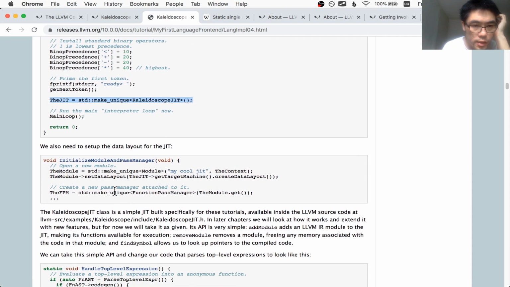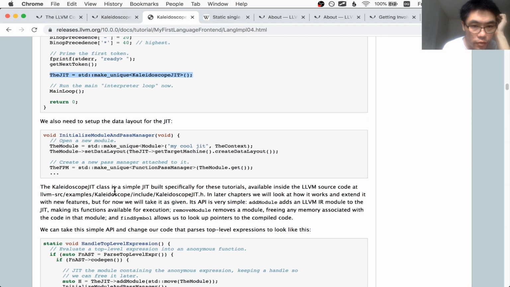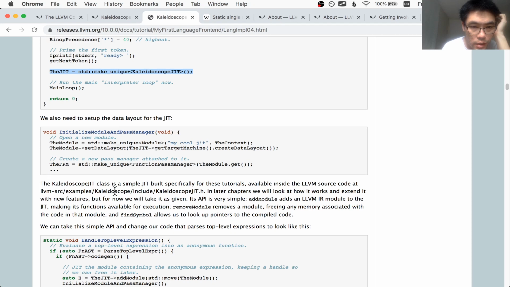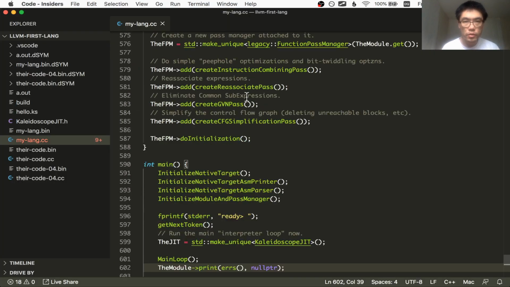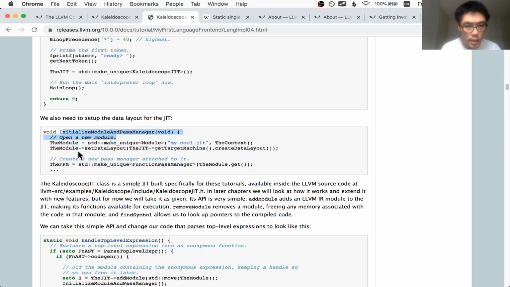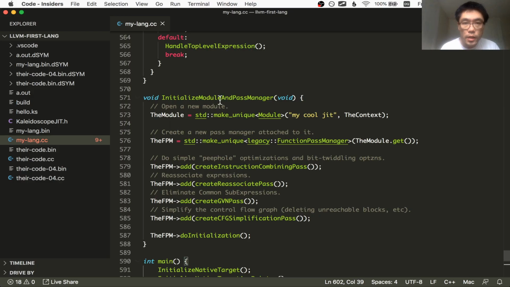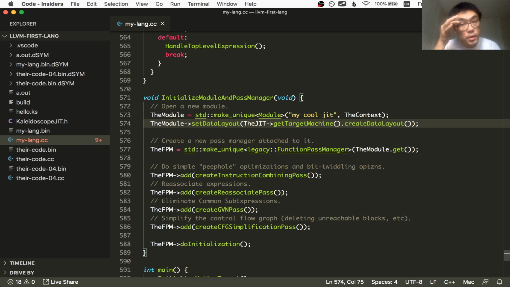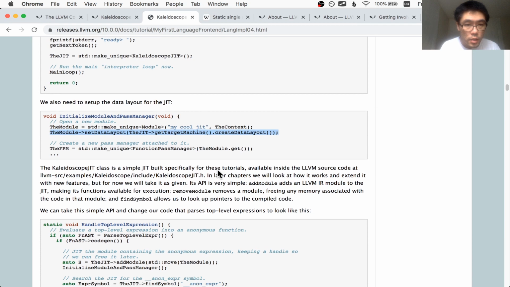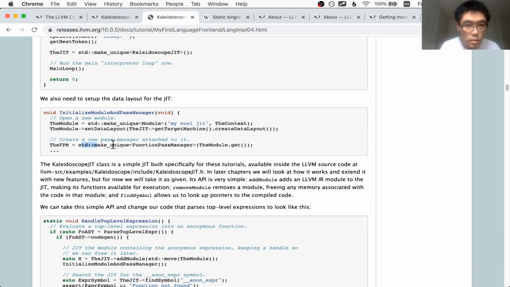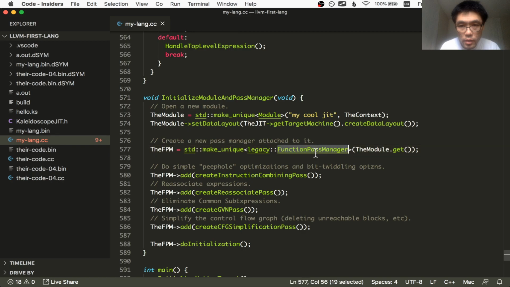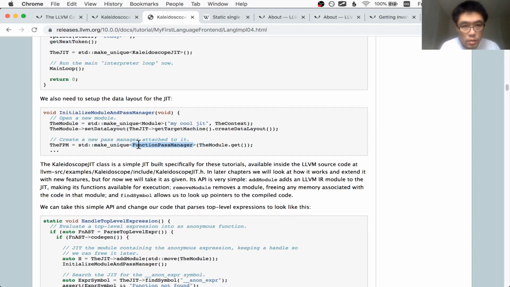Alright, now we also need to set up the data layout for the JIT. So I'll go into this initialize module and pass manager function, which is right here. I need to add this line to set the data layout. I don't know what that means. Okay. And then we need to create a, I guess we already have this line. Oh, by the way,